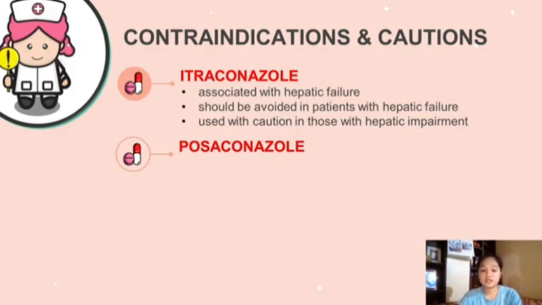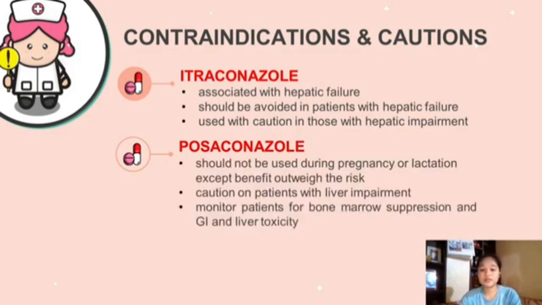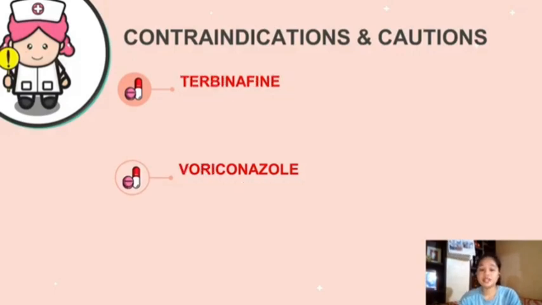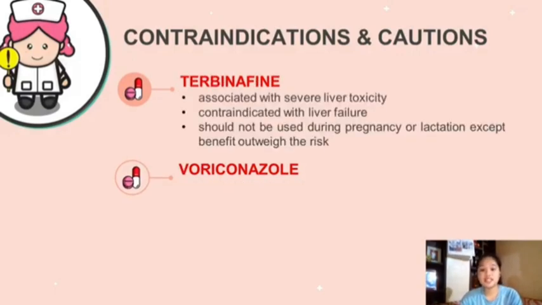For posaconazole, it should not be used during pregnancy or lactation except when the benefit outweighs the risk because this drug crosses the placenta or enters the breast milk. It also needs caution in patients with liver impairment, and we need to monitor the patients for bone marrow suppression and gastrointestinal and liver toxicity. Terbinafine, it is associated also with severe liver toxicity, contraindicated with liver failure, and should not